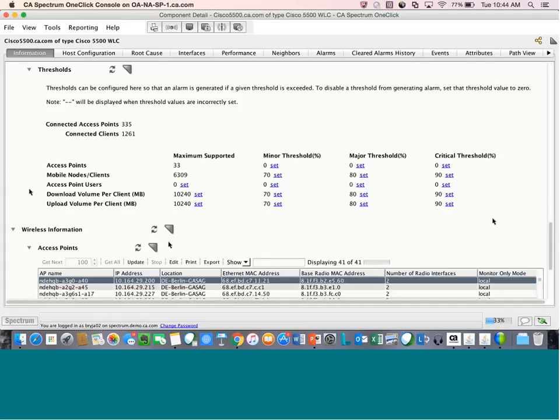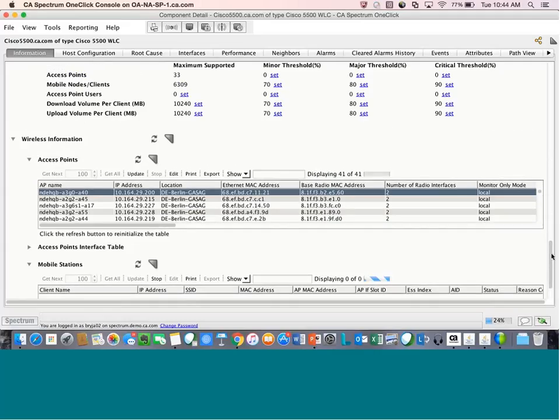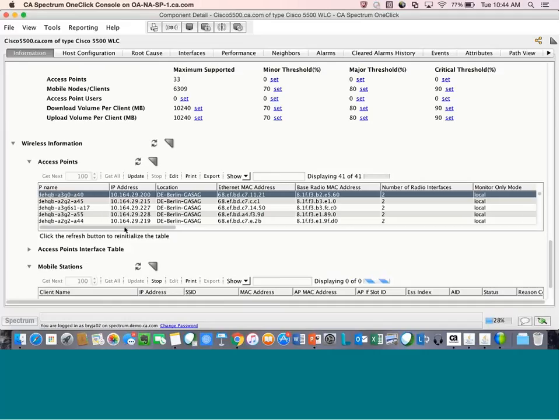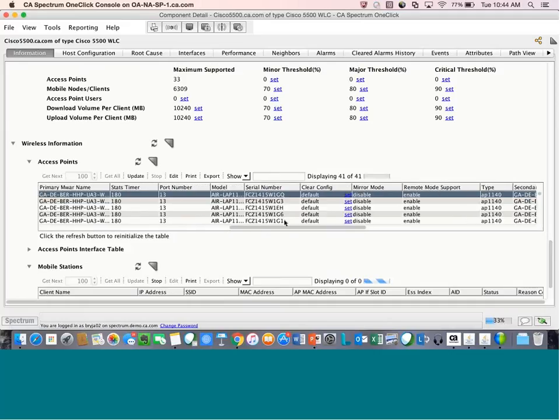So once this client table opens up on the bottom, you'll be able to see the information that we can gather. Even on the access point itself, I can get a listing of all APs that are associated to the different controllers. So I can see the name, the MAC address, and a bunch of informational details. Ones that I found very important dealing with customers are the models and the serial numbers, right?